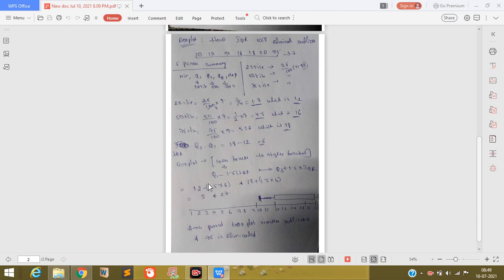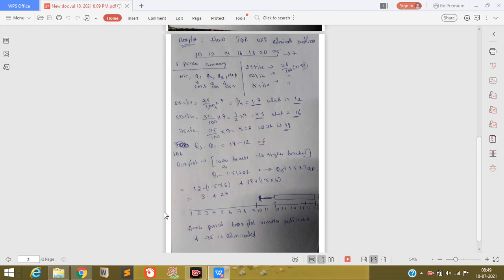For example, it tells that this is the starting range and this is the ending range. In the starting range 10 is covered, and in the ending range 20 is still covered, and 75 turned out to be an outlier. That's why 75 is not in the ending range. If 10 were an outlier, the starting point would be greater than 10, say 11 or 12, and we would exclude this 10 from here. Sorry, it is supposed to start from 1.